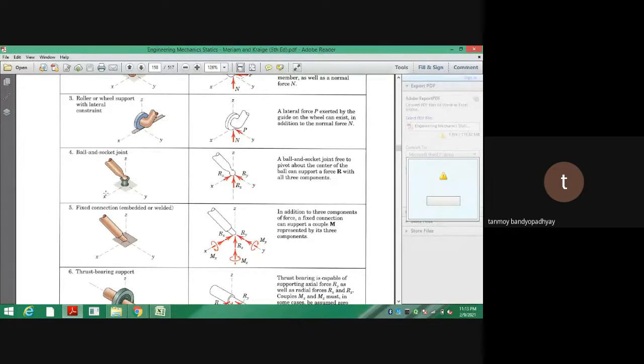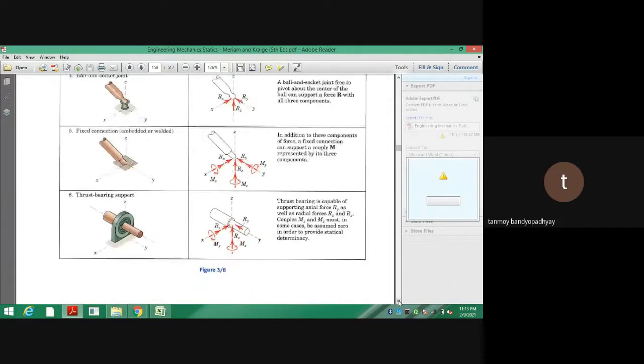So maybe next day I will be searching out a problem where we are having 6 unknowns actually, RX, RY, RZ, as well as MX, MY, MZ. When it's a welded connection, the entire thing is RX, RY, RZ, MX, MY, MZ. Now, depending on the problem, this actually reduces. Either you'll be having maximum 6 unknowns, or say 5 unknowns, 3 unknowns, or these sort of things.